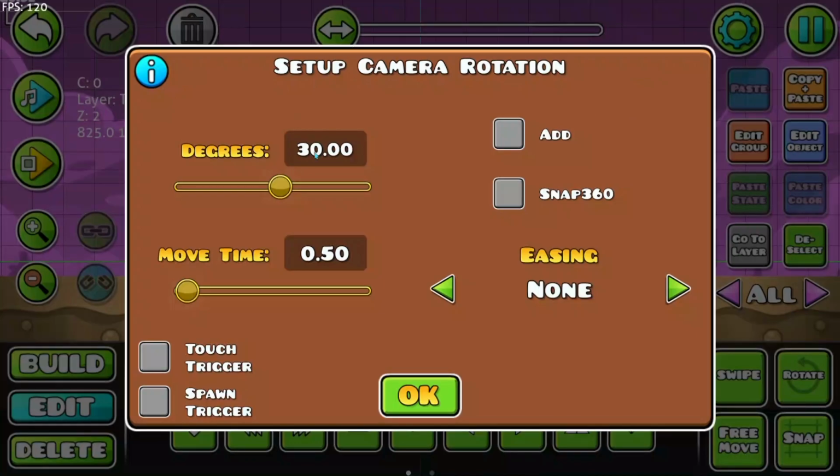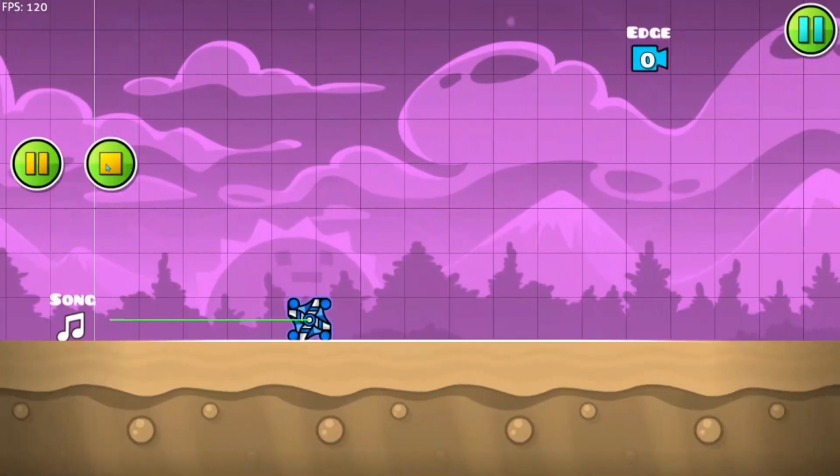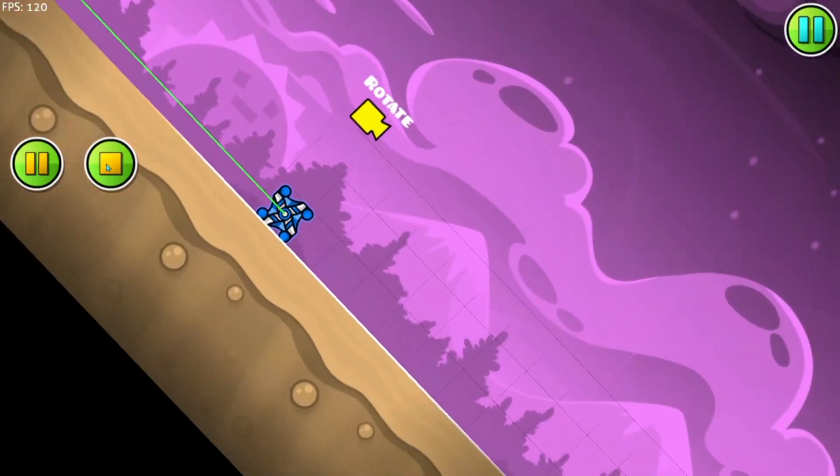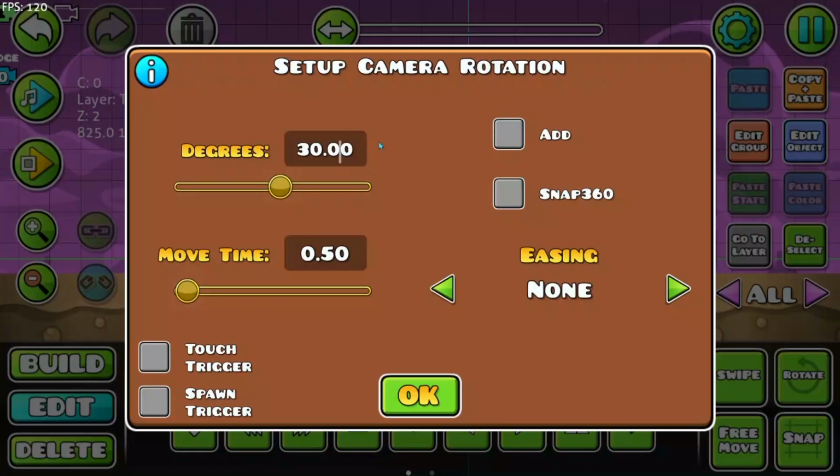The reason is that this one is the absolute value. For making this one relative, that means that the 30 should be added to 45 degrees, which would make 75 in total, we should use the add button. Then the 30 degrees will be added to our 45 degrees. What we can also do is